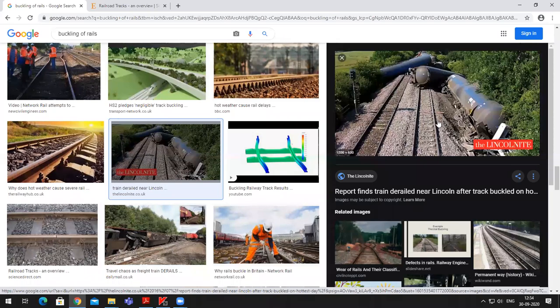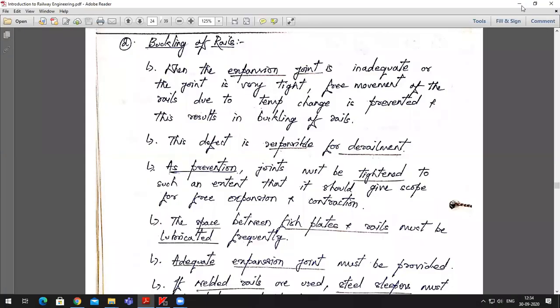So there are many such accidents which have taken place even in India, where because of buckling of rail, the vehicle gets derailed. It's like you are moving at a very high speed, say 120 kilometers per hour or 140 kilometers per hour. Imagine yourself moving at such high speed on a highway, and all of a sudden you get a road hump or a speed breaker. The vehicle just jumps up and then it again lands on the road. If you land properly, you are safe, or it would be a disaster.